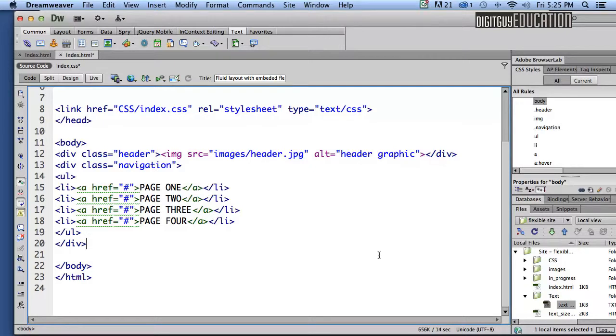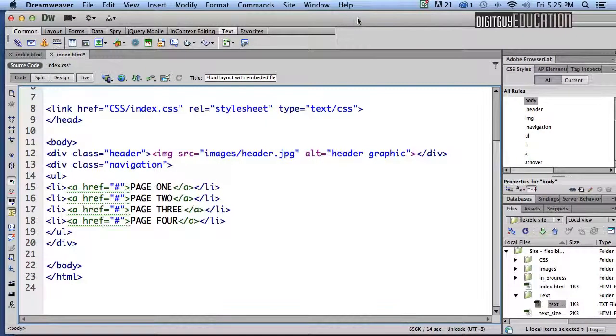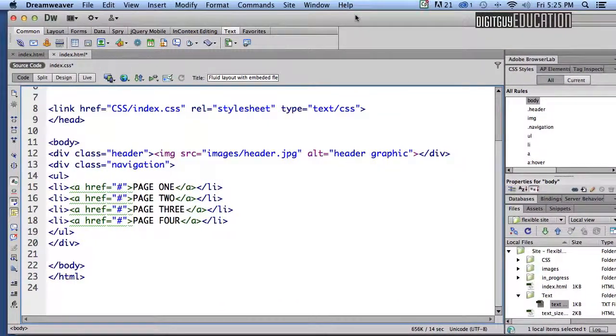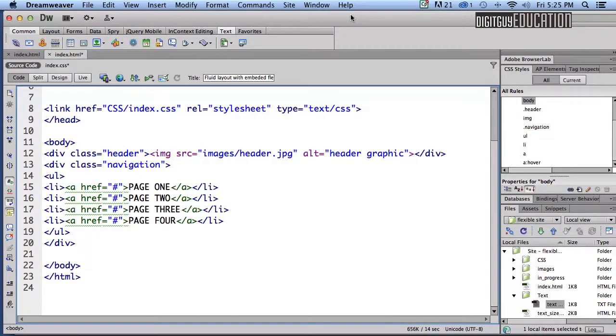In this part 3 of creating a flexible layout using Dreamweaver, HTML and CSS, we're going to embed some video. Now, video on websites is a very contentious issue. With the introduction of HTML5, we have our own video and audio tags, but to manage those videos with the